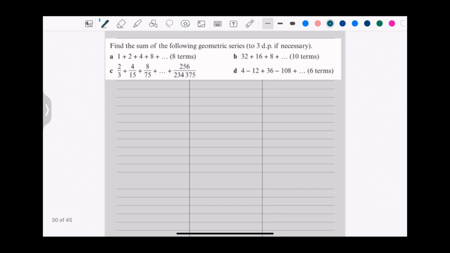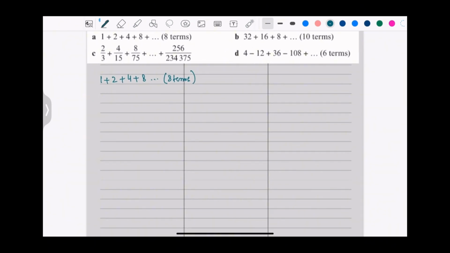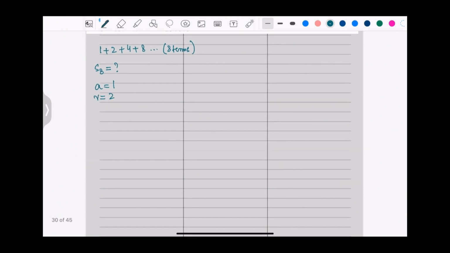As you could see, the first one, 1 plus 2 plus 4 plus 8, you have to find the sum of the first 8 terms. Let's make the data first. S8 is what you are to find. The first term is 1, the ratio is 2. And as you could see, the ratio is 2, then